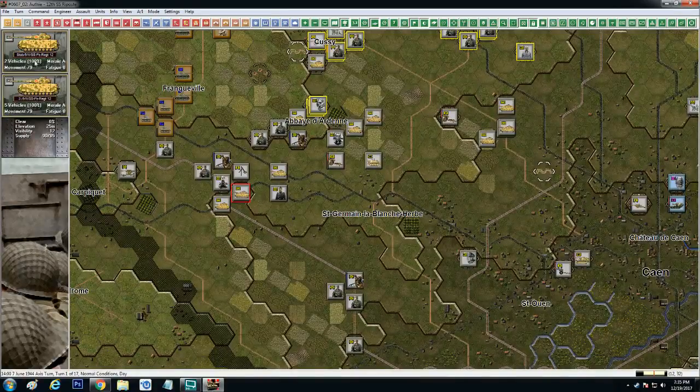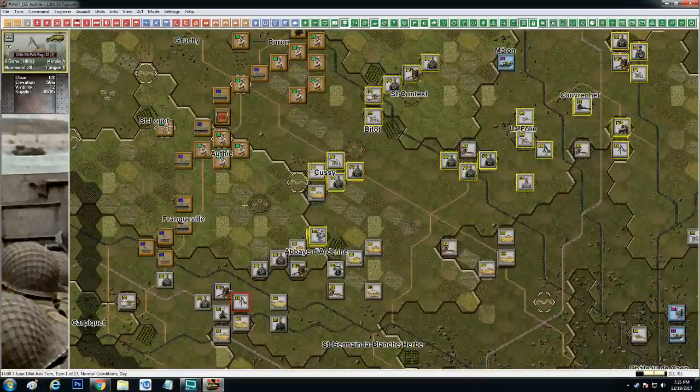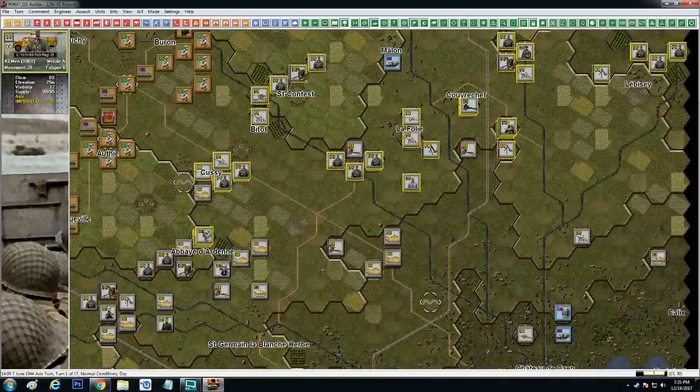It just saves you extra clicking, I guess, by double clicking on the unit, or the space that the units are in. So if I want to select this guy, I can just double click on him. All right, so